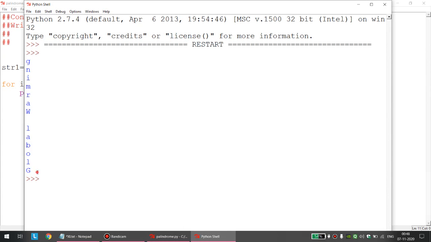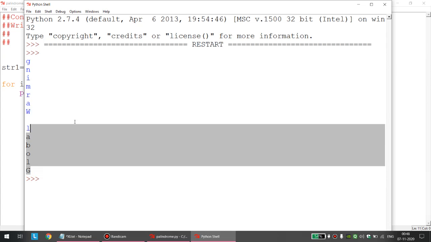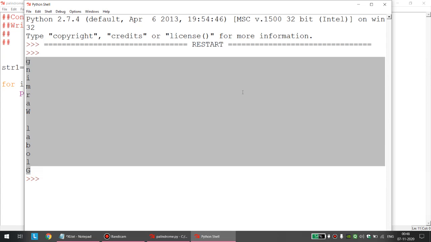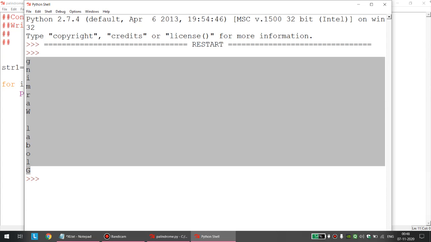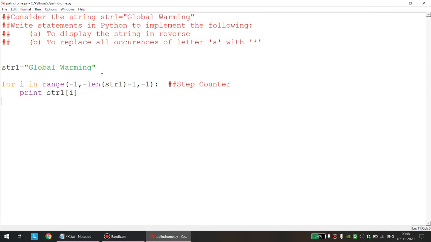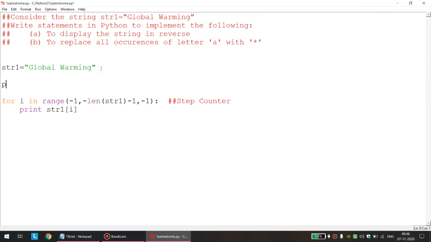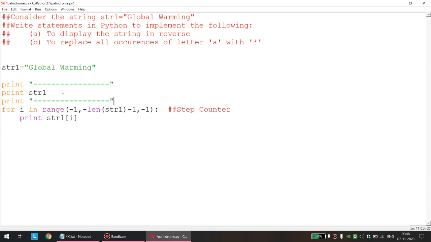As you can see, everything is printed in reverse. So my job is half done. Why is it half done? I do not like that all my input output should be there in different lines. Okay, so first of all I will have some formatting. Say I will write print, as we did in the previous program, I will just write str1, nothing special, fine. So let us keep this differentiator here also.